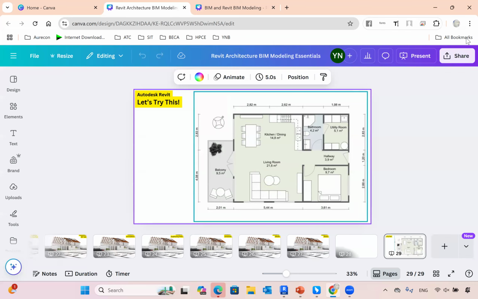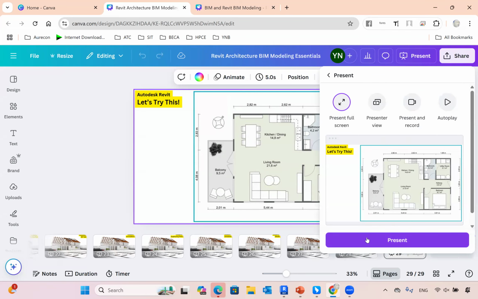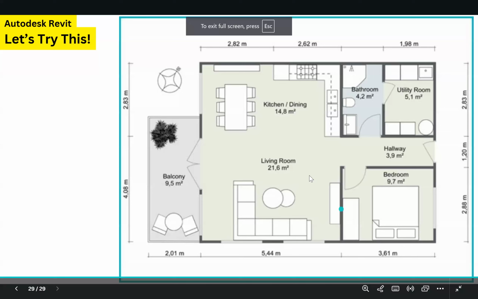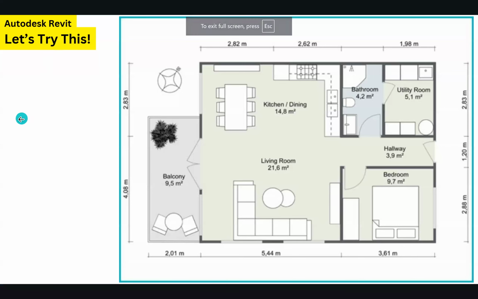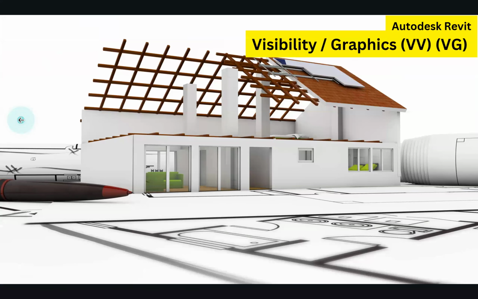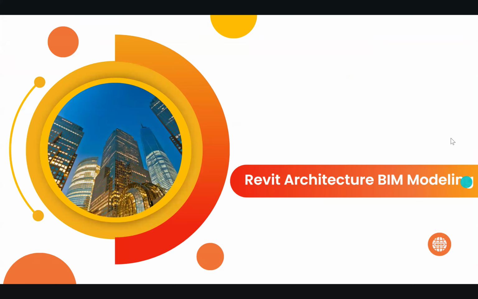I just want to present about the course Revit architectural BIM modeling. So you can learn all these topics, which are really helpful to understand. But after this architectural BIM modeling course, if you are structure or mechanical or electrical, you can learn further things.